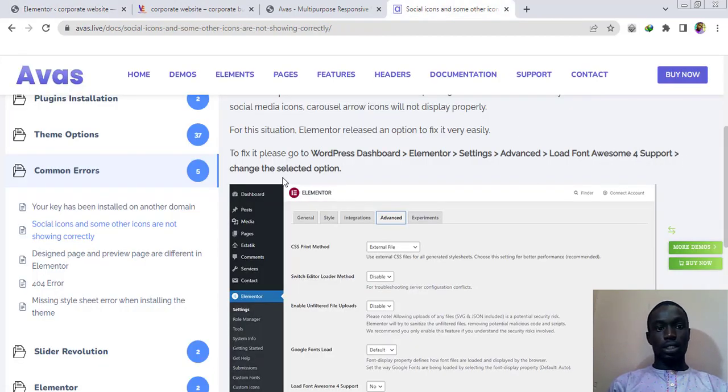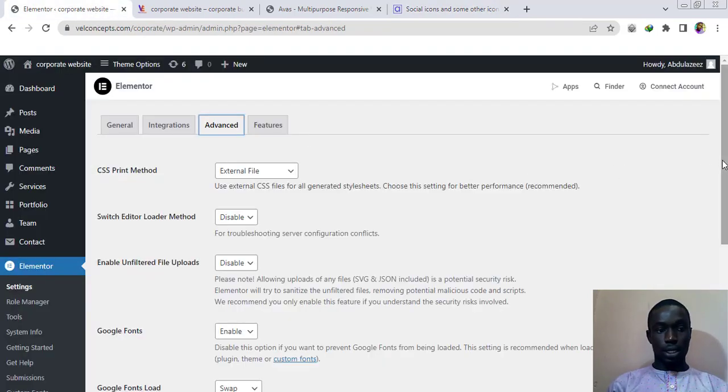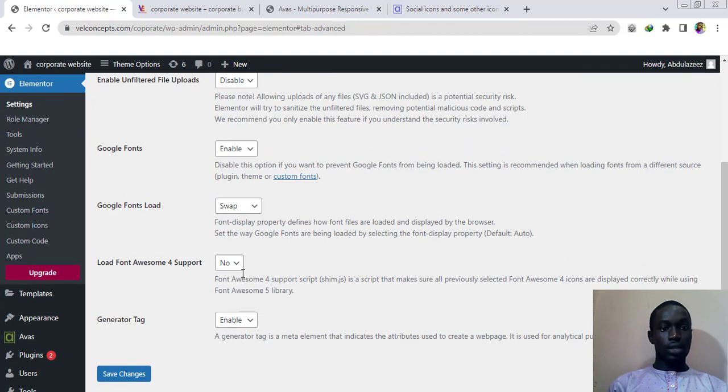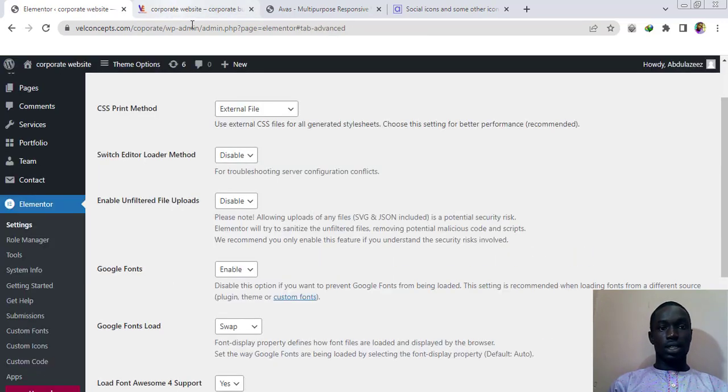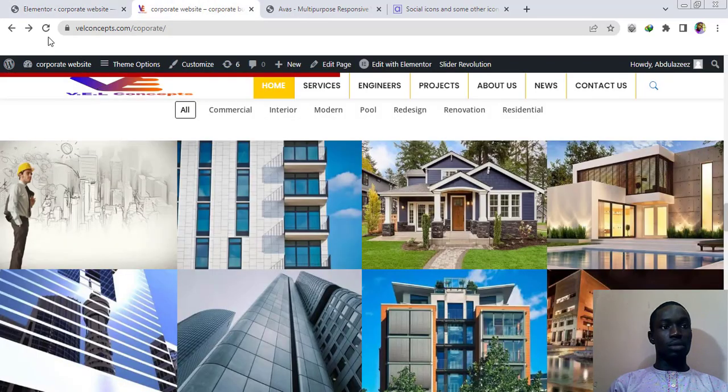Change the word selected options, right? So now let's find the, so this is it, right? So let's change it to yes and save changes. Yes, so now settings has been changed. So let's reload the page and see if